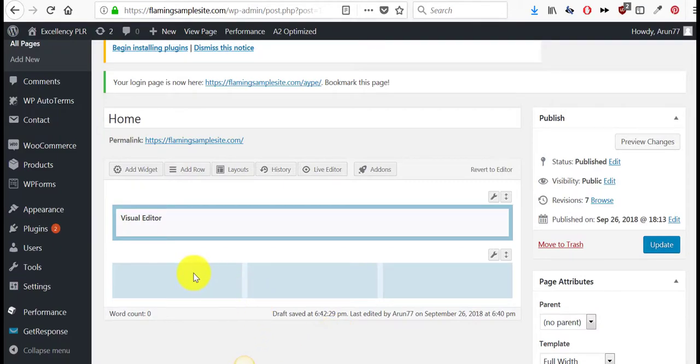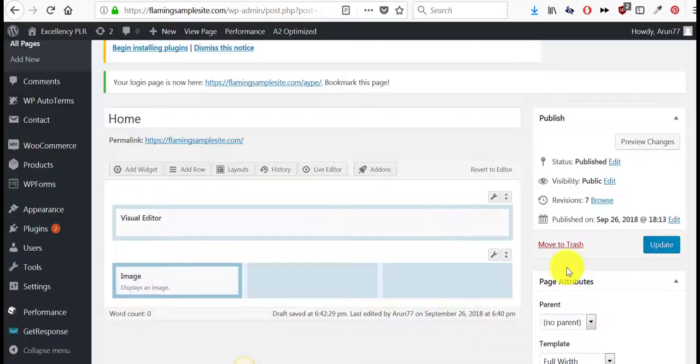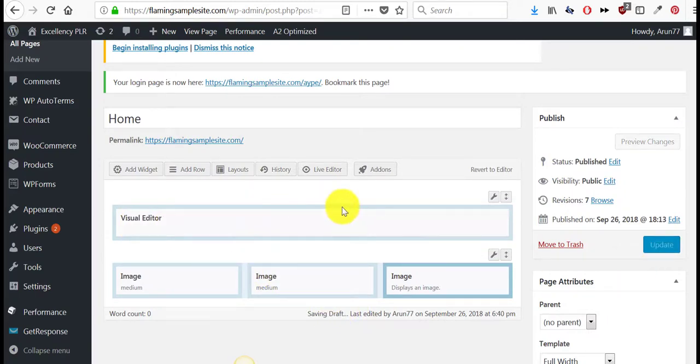Insert, add a widget, an image. Here, come here, do the same thing, add a widget, image. Now just now I could have added an image when it is just one row, but I've noticed when